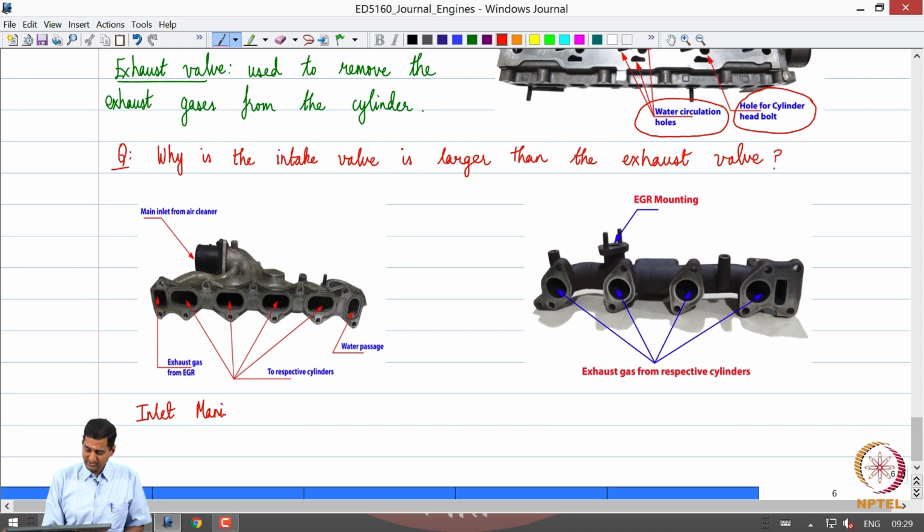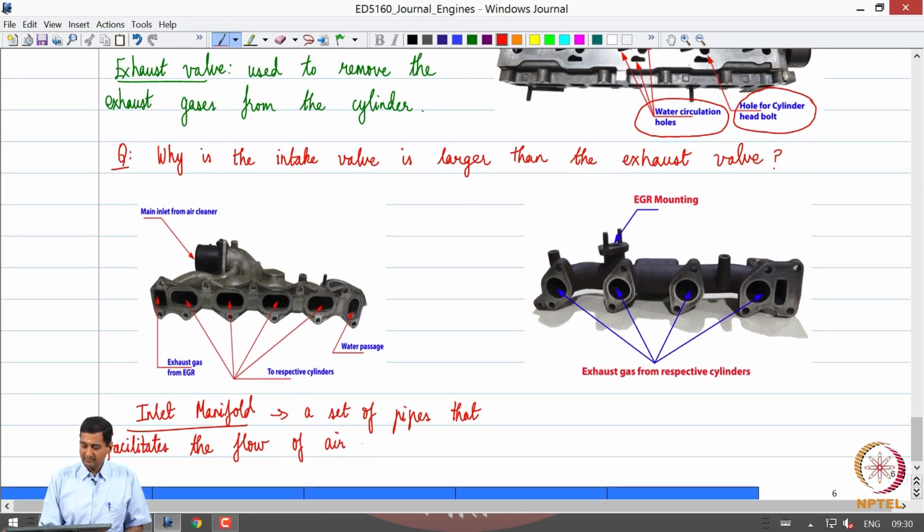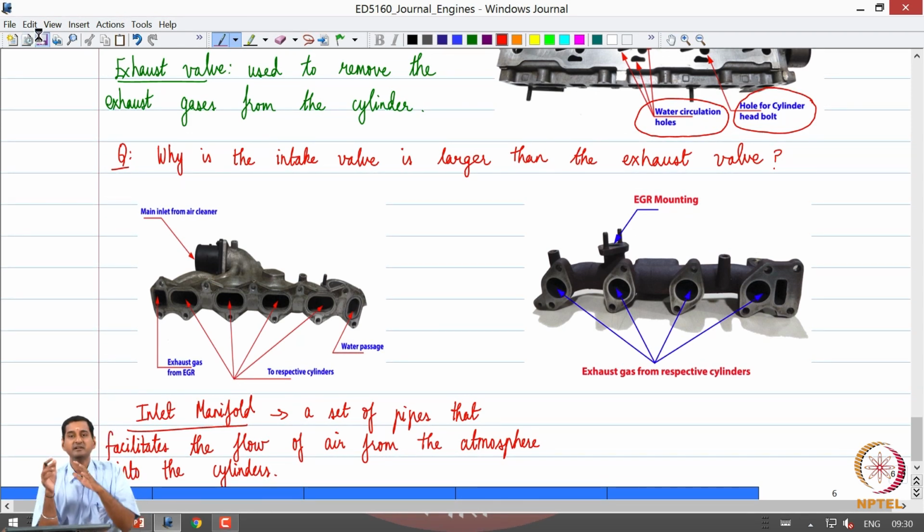The inlet manifold is essentially a set of pipes or flow paths that basically facilitates the flow of air from the atmosphere into the cylinders. Okay. So, that is the function of an intake manifold.